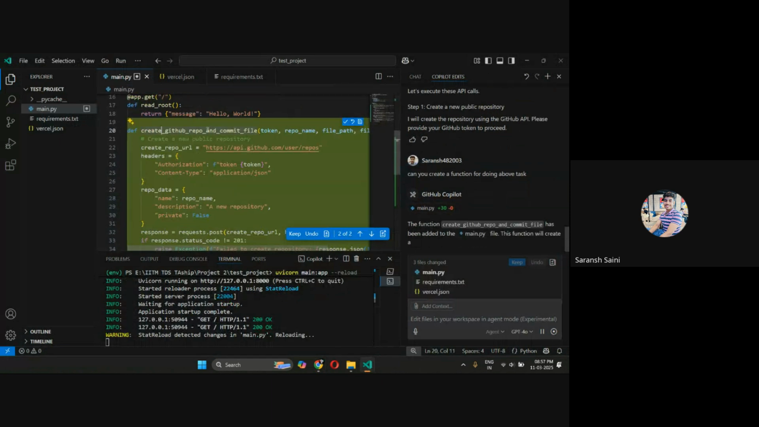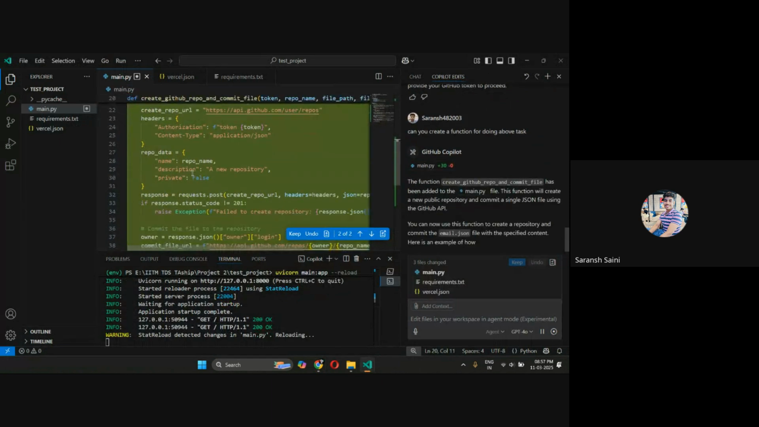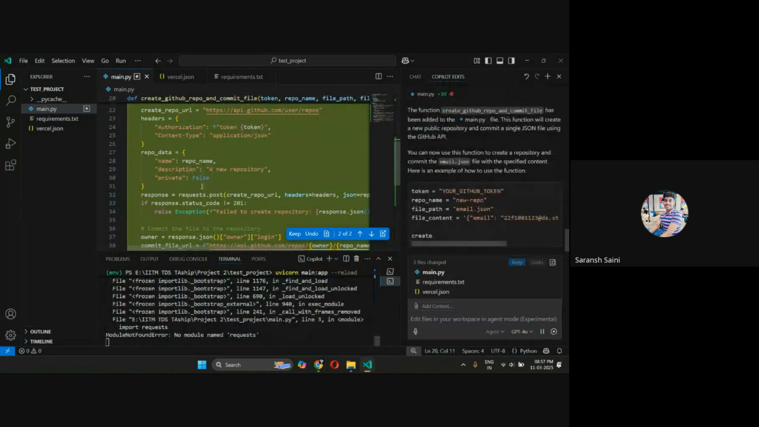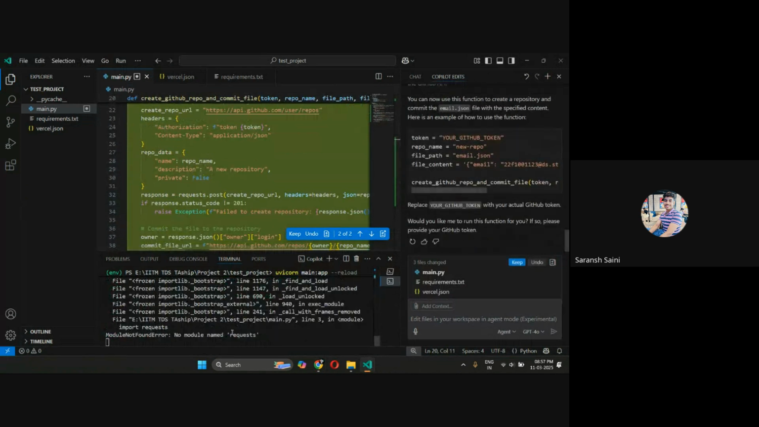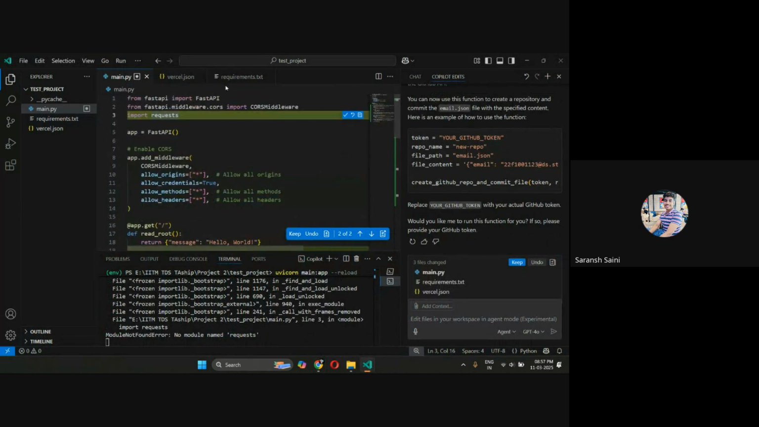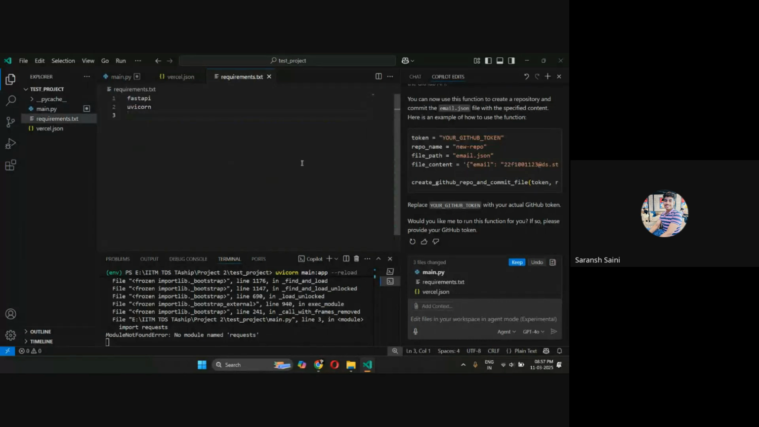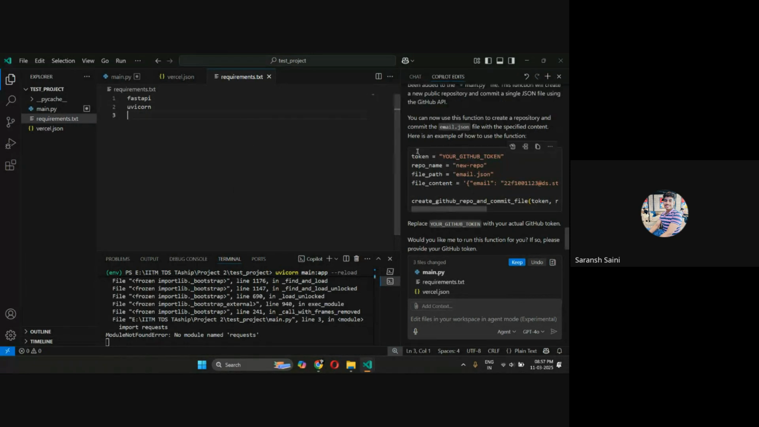So create GitHub API and commit file. It is trying to import request, but request is not available. So it has imported request, but it did not edit this file. Anyway, we can, I mean,